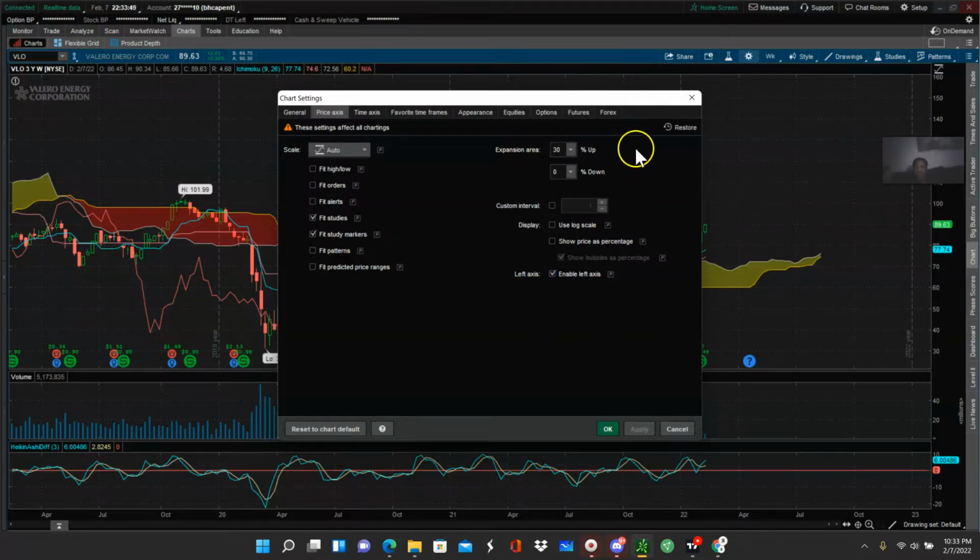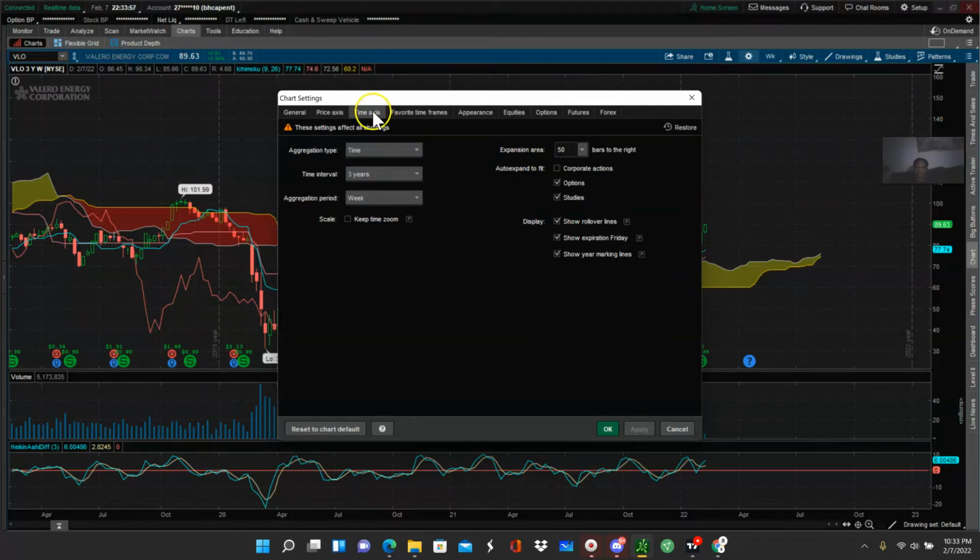So when that happens, I need to be able to see further up sometimes, especially when I'm on higher time frames. And then time axis, I extended mine about 50 bars to the right,